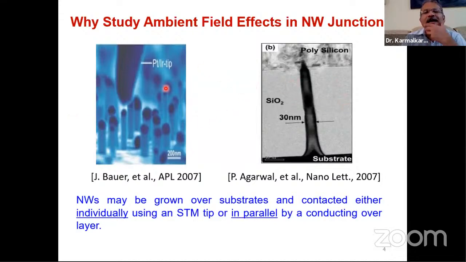Of course, that layer will sit on what? First you put a dielectric, like here, silicon dioxide is put. So you have the substrate, you put silicon dioxide everywhere. Then on top of the silicon dioxide, you put this conducting layer. That conducting layer will connect all the tips. This is another option. Okay, so both types of things are possible.